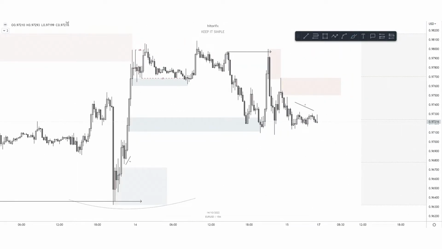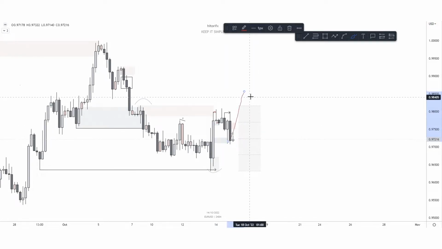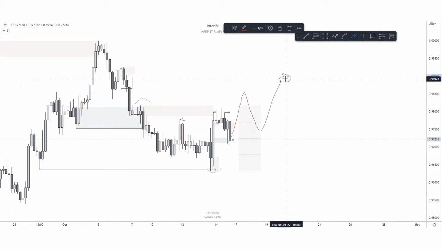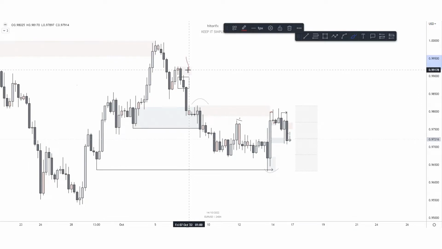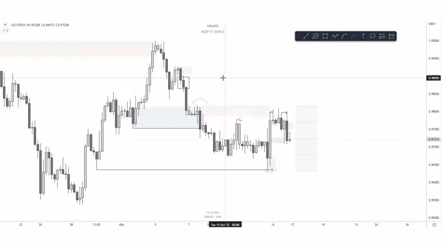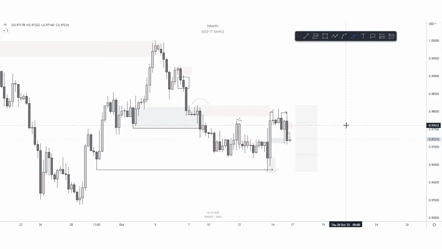Of course, we could also just start turning bullish right now. In that case, I would look for a pullback into a continuation to come up with something here and then sell off maybe if it comes into it. Keep in mind that this inside bar supply currently has no liquidity to support it. So yeah, we'll just wait and see what happens. So either this, or maybe something like this will happen. Depends on what the market wants to do, of course.